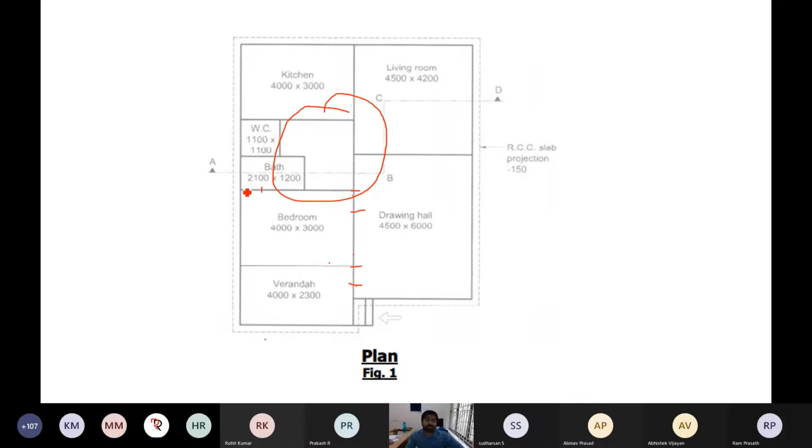Okay, if you do an attached bathroom, that is one way you can do it. Otherwise, you can make it a common bathroom also, because one person is here, one person in the living room also. Here only one bedroom is there, no problem. You can make it an attached bathroom. Then the WC should be common. It is a common toilet actually. So you can make this a common toilet. Actually, this area you can make an open space or something, like that you can utilize it.